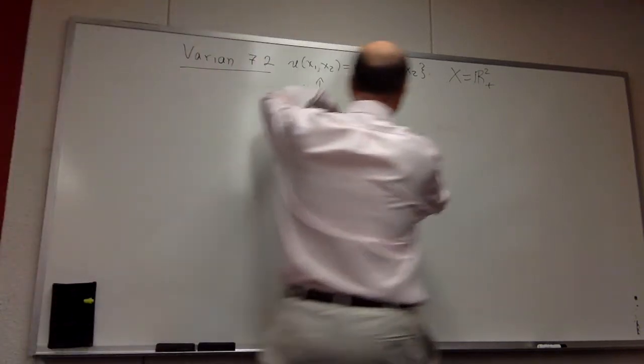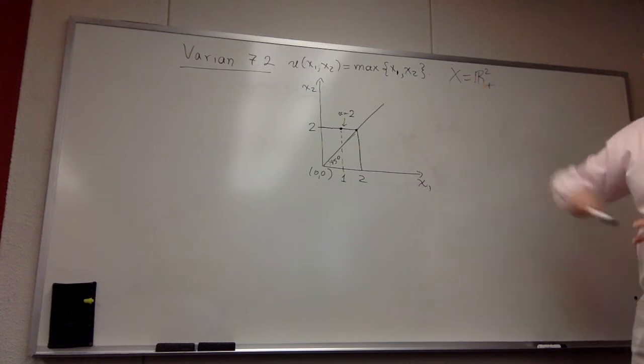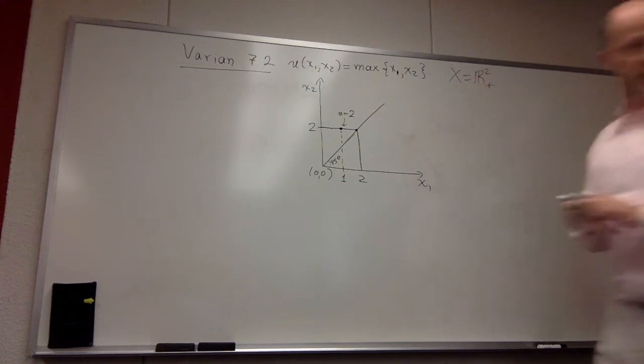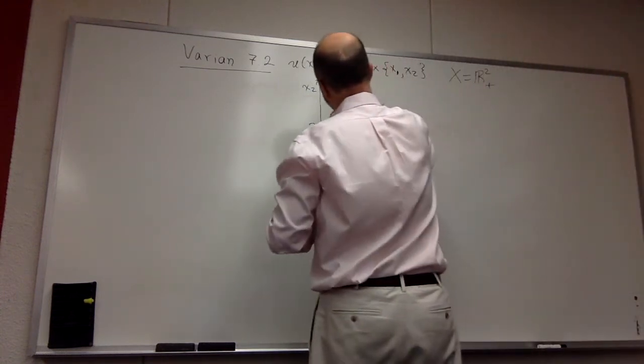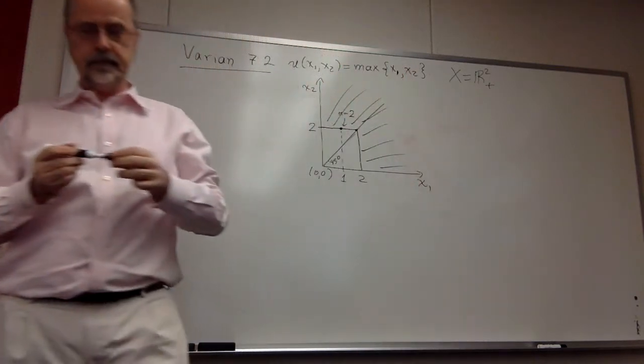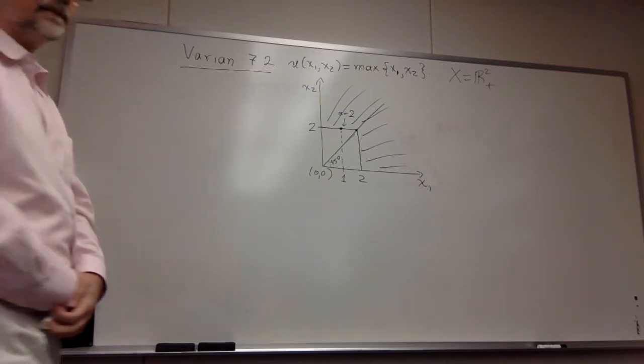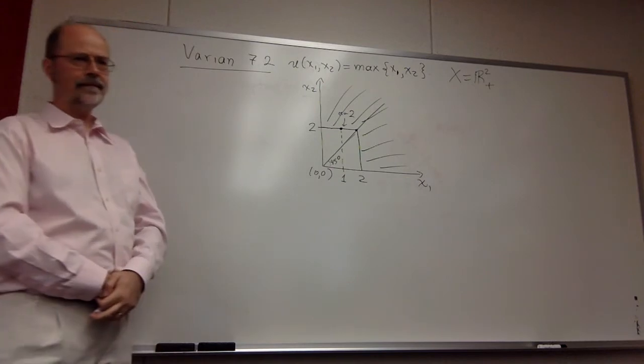So I'm going to look up to the northeast, right? So here's the upper contour set of this indifference curve. Does it look like it's a little unusual? What is unusual about it? It seems like it